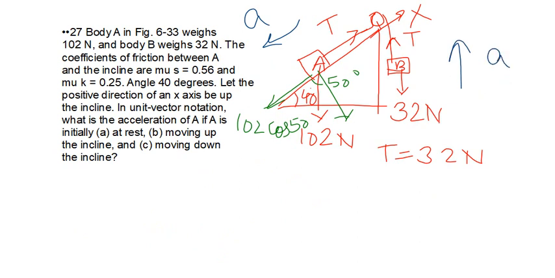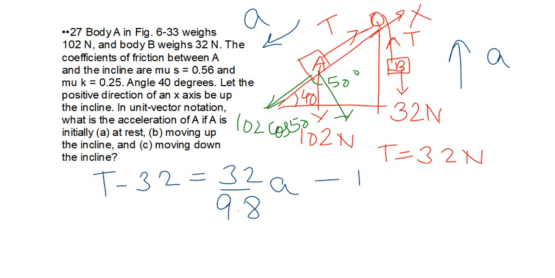So first, writing the equation for block B, it becomes T minus 32 equal to 32 by 9.8 A. The mass is 32 by 9.8 basically, because it's weight. So this is the first equation for part C, and the other equation will become: